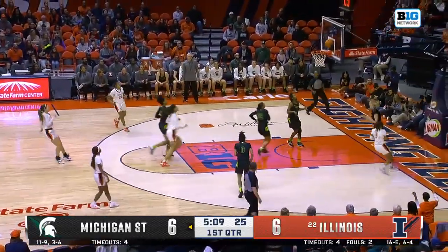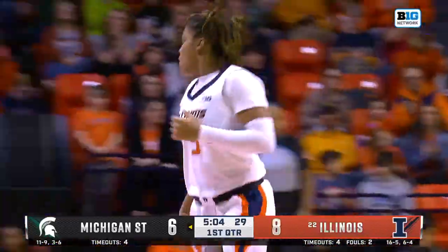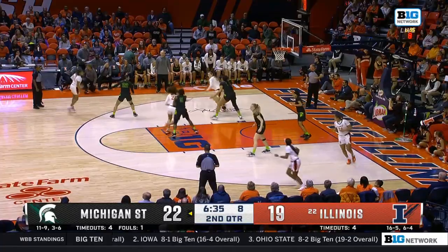Cook the other way, in transition. What a play from Makira Cook on the move. Actually, good defense from Matilda Eck, trying to use her size and not foul, but